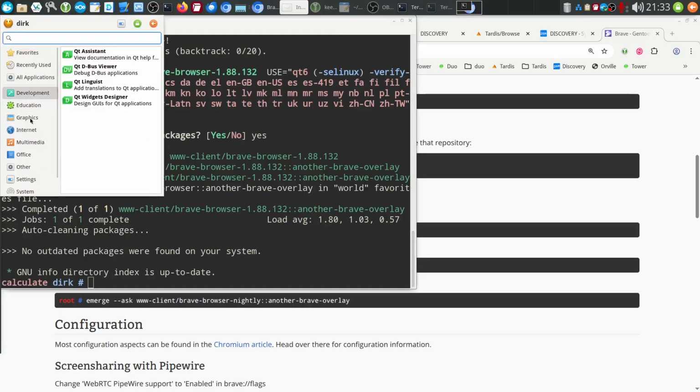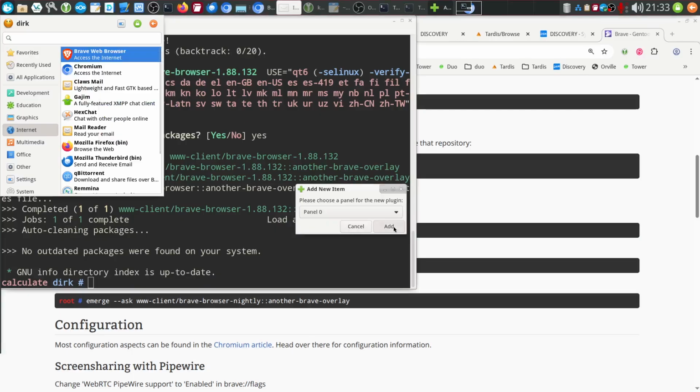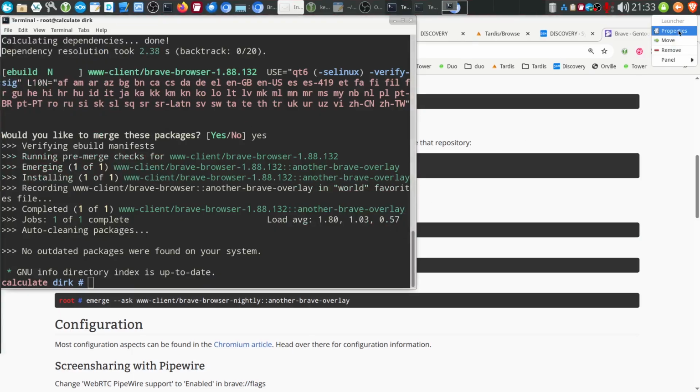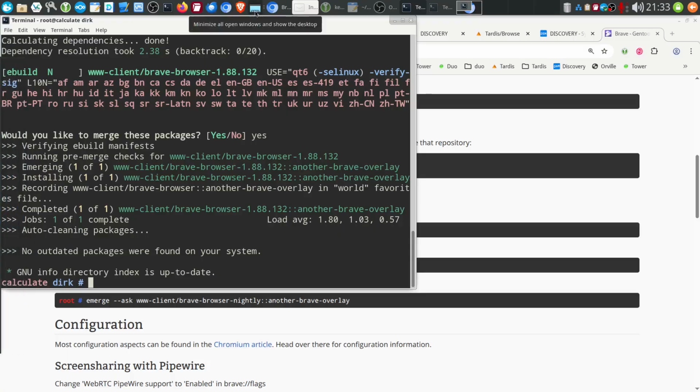So now I can go in here, Internet, Brave. Add to panel. Yes, I want it. There it is. Now I get Brave here. Yes, everything is controversial nowadays, but this is just how it is. Minimize all, open Windows. So now we go with my cheat